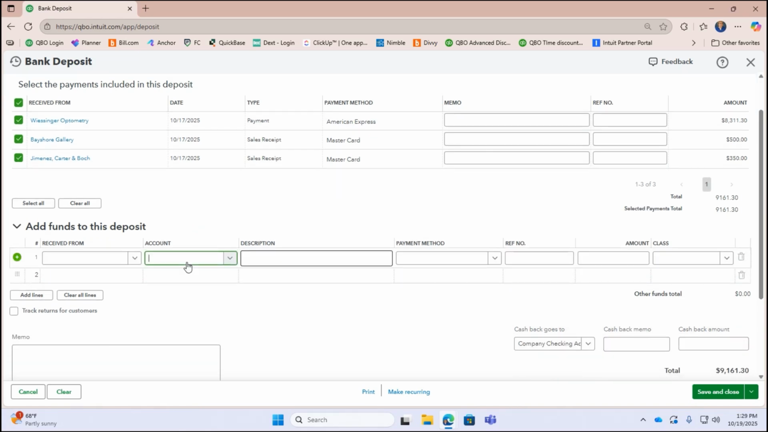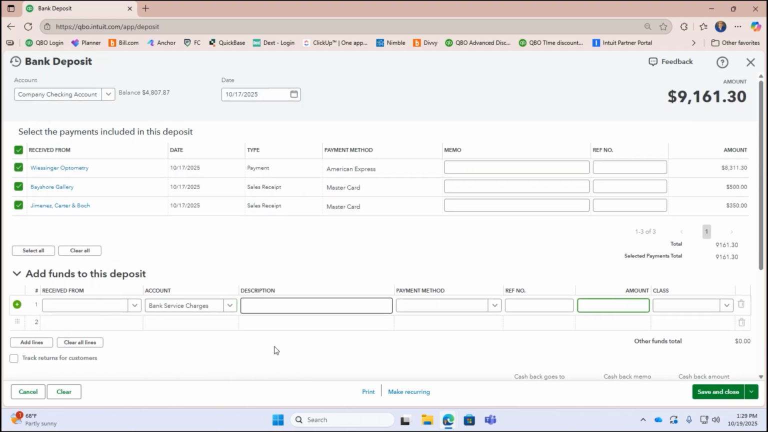I'm going to put it to my fee account. In this case, it's bank fees. And I know that it's 2.9%. Usually you'll see it when it funds, or it'll be the difference between what funded and what this is. So I'm actually going to do a quick calculation here. And I'm going to say